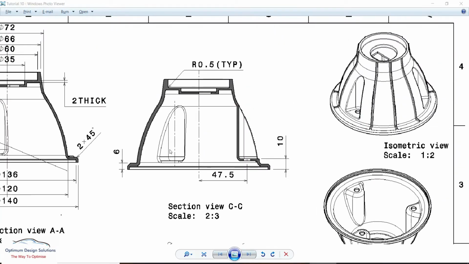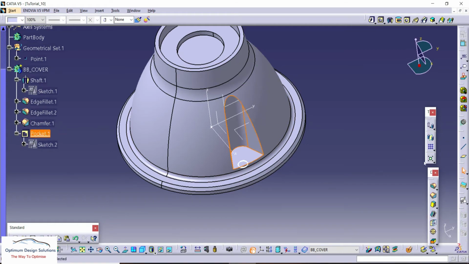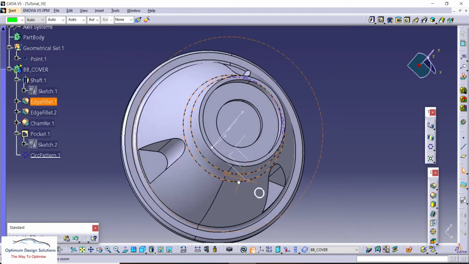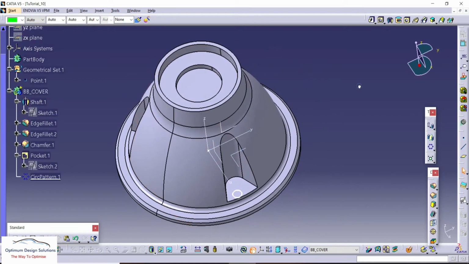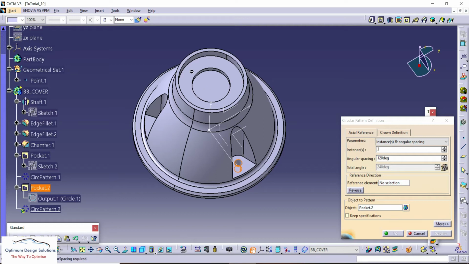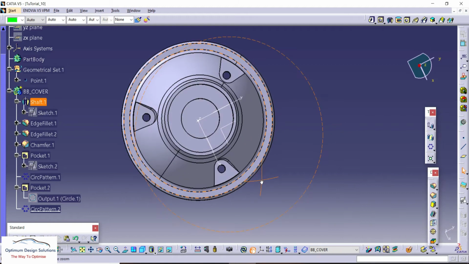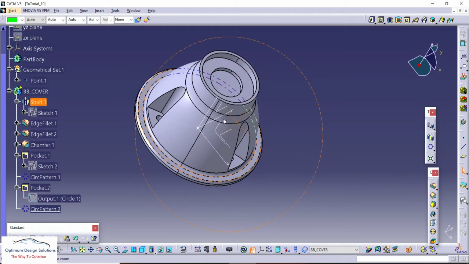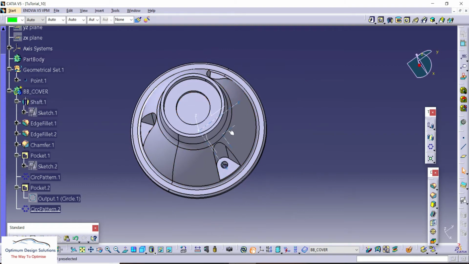This pocket has a 120 degree angle and is split into 3. We'll use the complete crown, and the angle is 120. So the 3 mounting pockets get completed, and we'll remove this internal part also. Same with the complete crown, and we'll use the 3 pocket holes. An M6 bolt will be applicable here, as we are going to use a diameter of 7 mm.